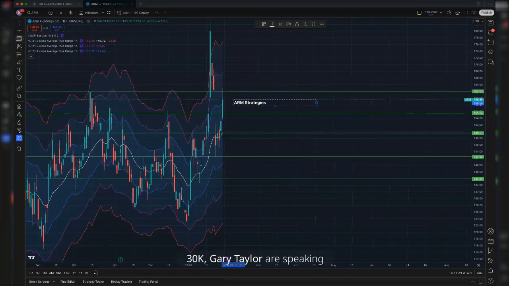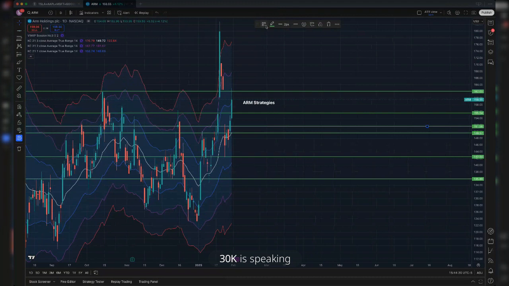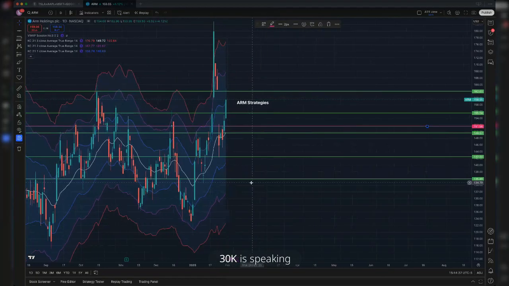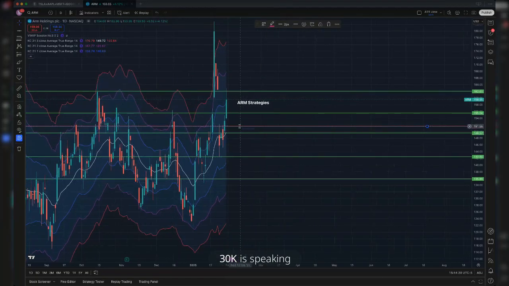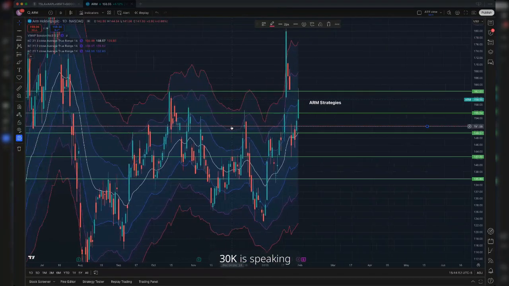Nope, all good. So I'm marking the major supply and demand points. I'm going to mark a minor one here. Let me use a different color than that. It's not that visible. Okay, I would be really surprised if ARM didn't touch this level at some point between now and the earnings announcement, even if it happens during earnings. I have to assume neutral bias on this, Randy.